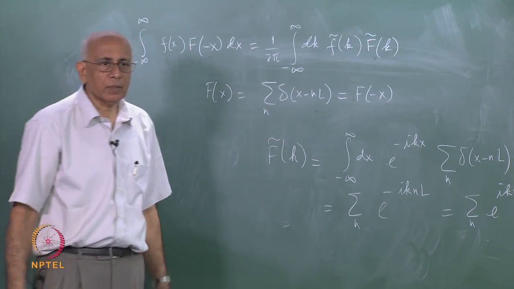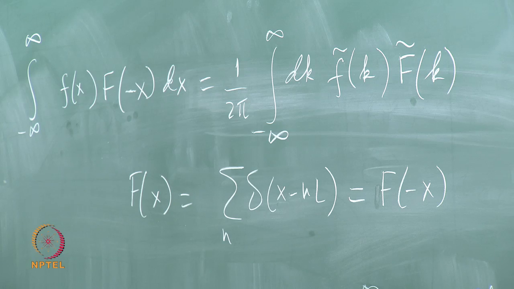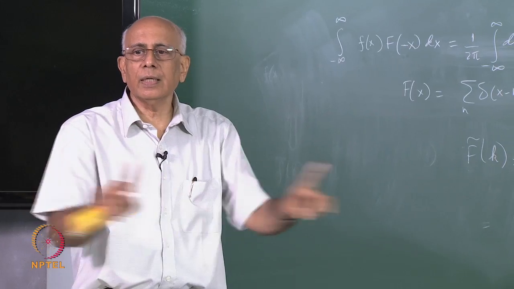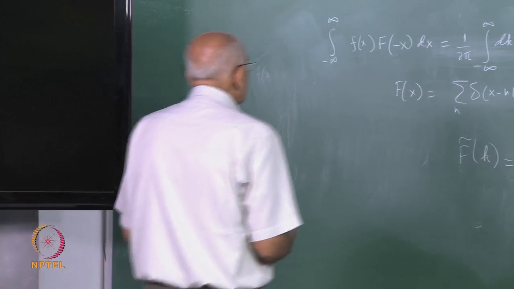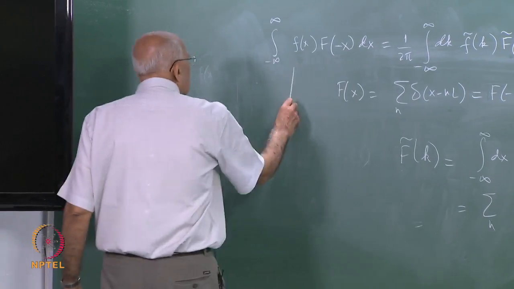Once I put minus x here, I change n to minus n, and then I am back to the original formula. So it is again symmetric, and as we saw, it is an array symmetrically distributed about x equal to 0 on both sides. So if I plug that in, this immediately says